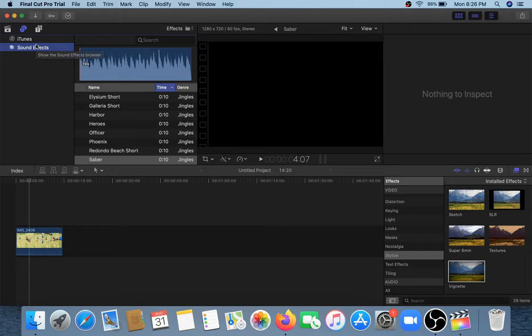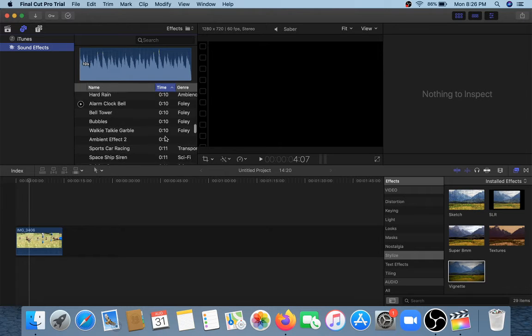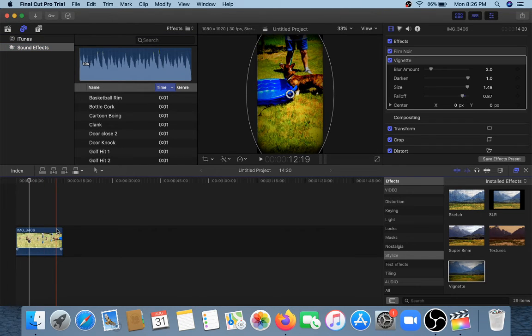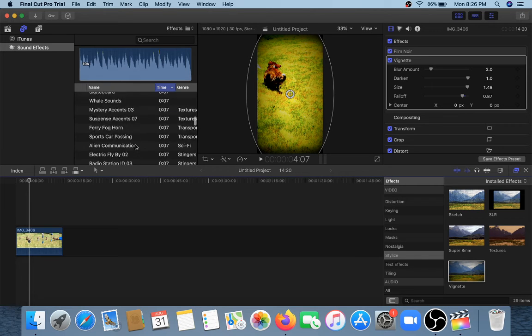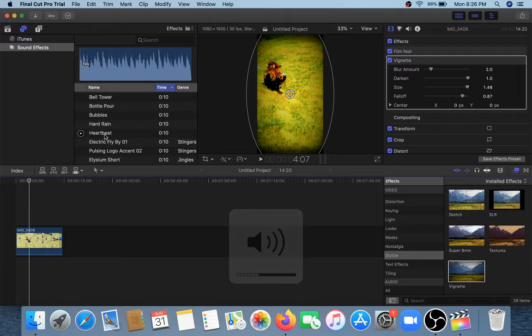So over here, if you click on the time frame, it'll list the sound effects ranging from 10 seconds all the way down to like a minute or more. So the lowest level is 10 seconds, is 1 second. So since our clip here is about 10 seconds long, we're going to search for a sound effect that's around 10 seconds. So let's scroll down here to our 10-second markers. And we have